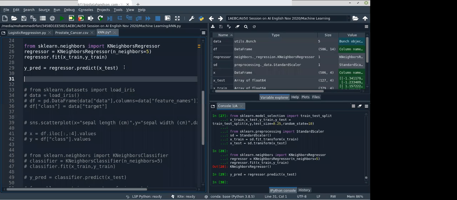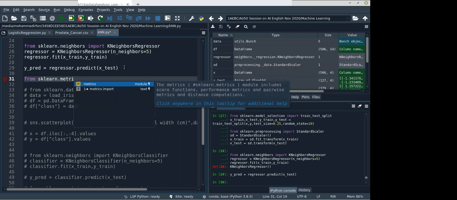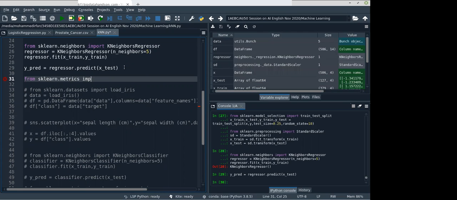So I want to import that from sklearn dot metrics, import the r2_score because it's a regression problem.